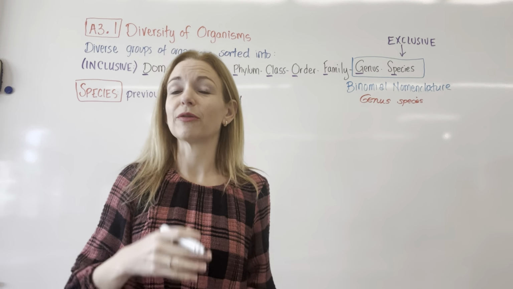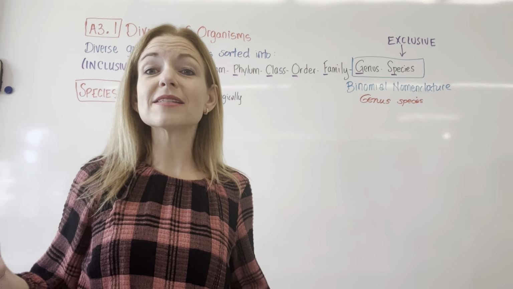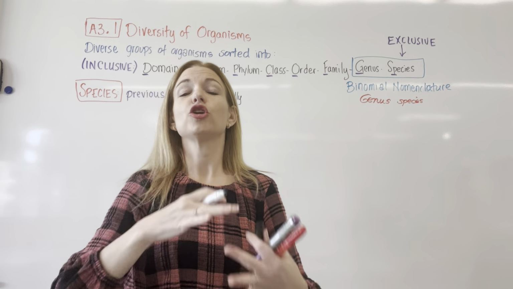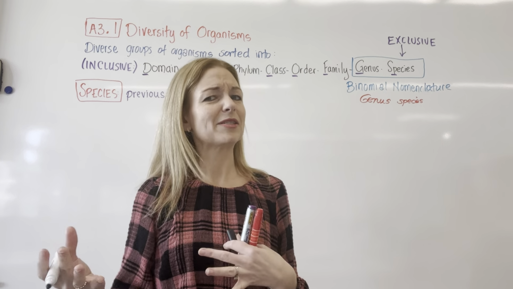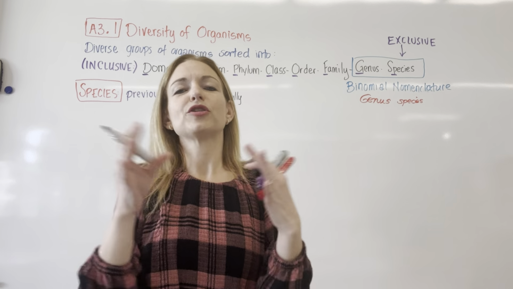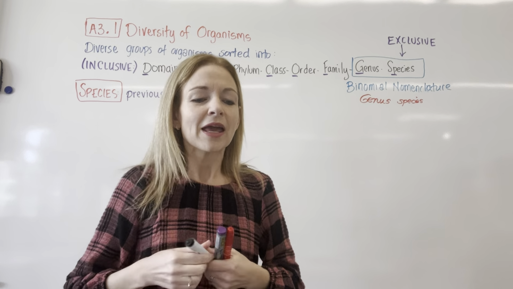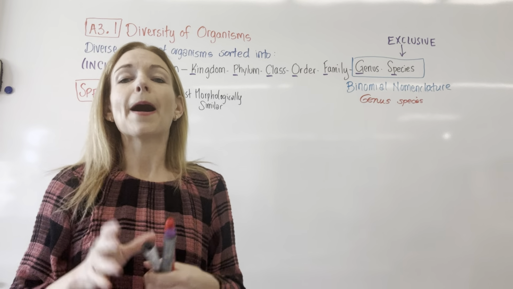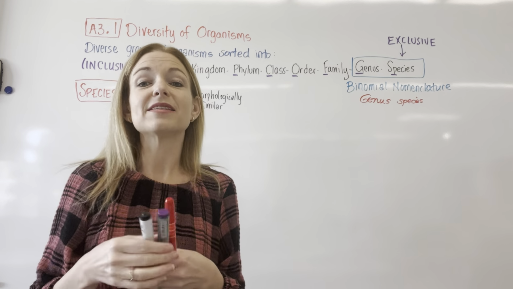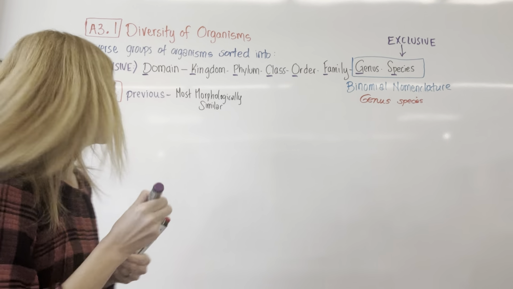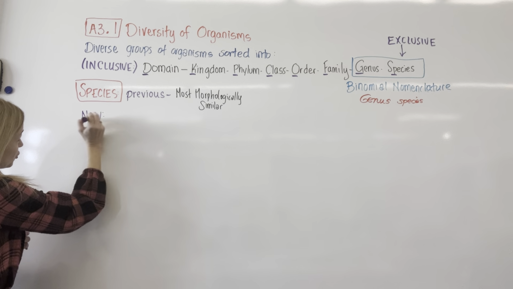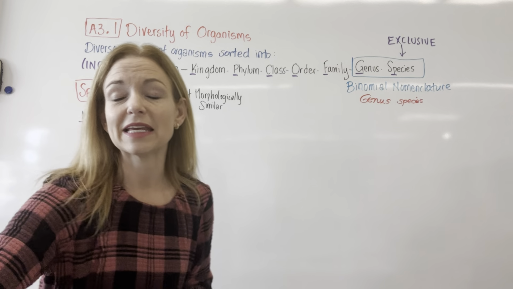All you have to do is look at, we've used the example before, dogs. So many different breeds, that's partly because of our doing, but nonetheless, huge morphological differences, same species. So where do we draw that line? That is the old way of doing it, but not very accurate because of those subjectivity issues. So now what we do instead, and again, we have already introduced this when we talked about speciation,